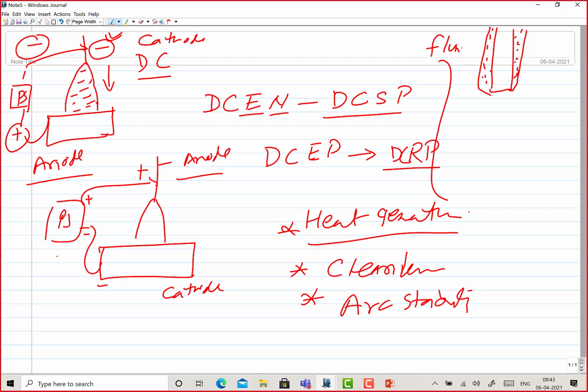So the flux or the coating on the electrodes is given in such a way that they can emit the electrons very easily. So whenever the electrode is made cathode, meaning the electrode is made negative, or straight polarity is used, charged particles are released very easily in the gap and conductivity is very good. This in turn results in very good arc stability.